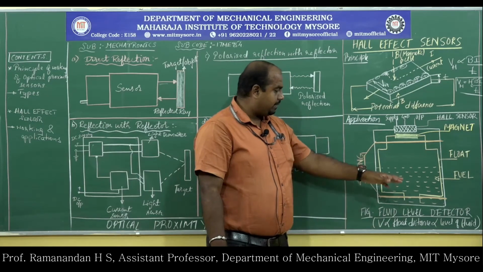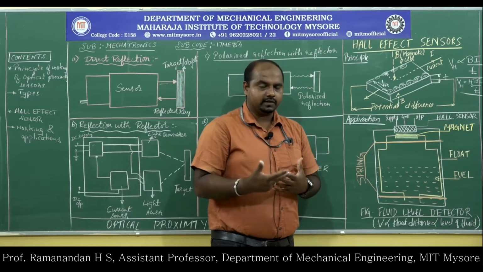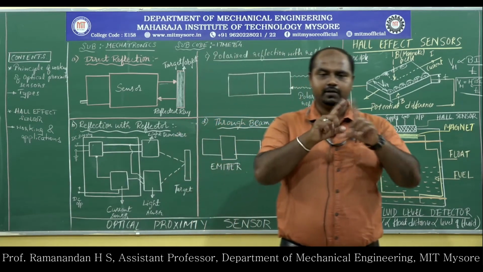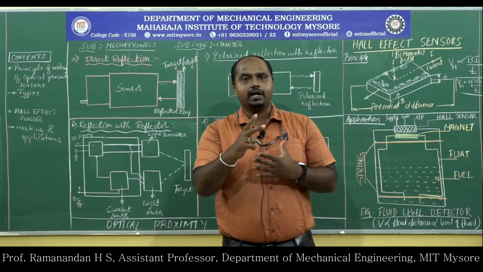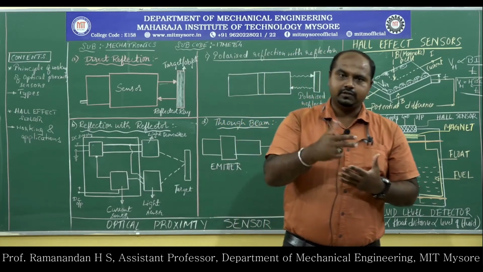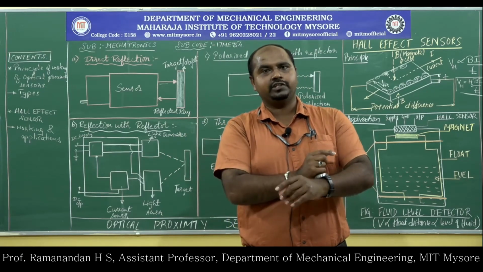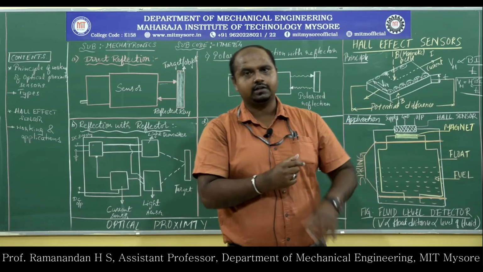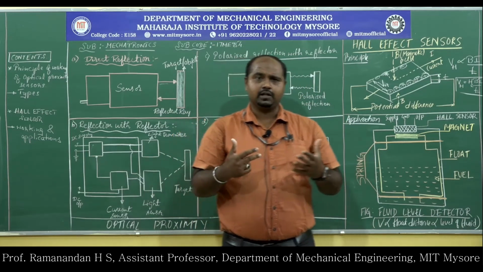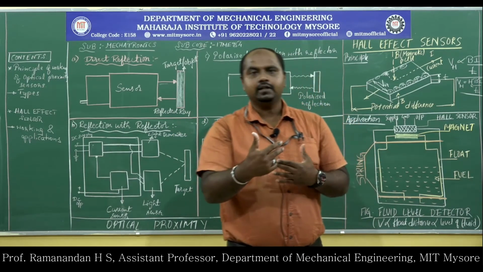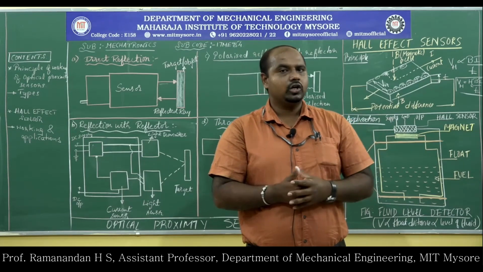By taking an example, we can understand the Hall effect better: fluid level detection. In our vehicles, we have something called a fuel level detector. We see whether the fuel is half a tank or full tank, or it comes to reserve, with the help of an analog reading, or it may be a digital reading. Initially we were using an analog type of detector. Nowadays we use sensory objects, because electronics and mechanical engineering have evolved in interdisciplinary thinking and interdisciplinary components.